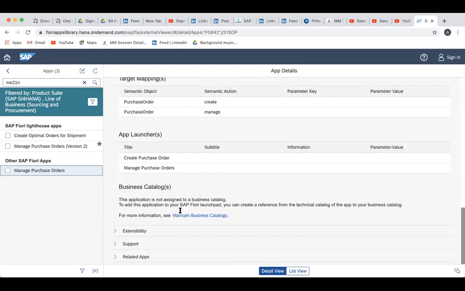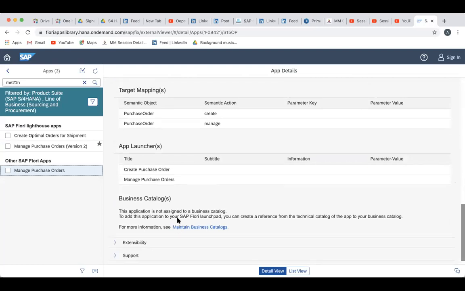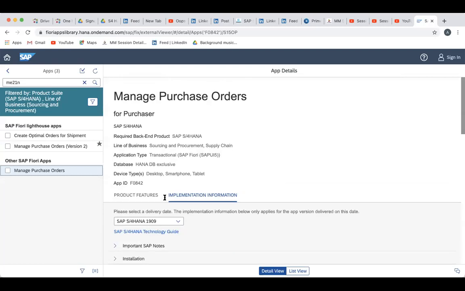Sir, as a consultant, what are our roles in Fiori? Same as end user, right? Whatever we want to show to the end user, all those roles we will add here. We will not do any configuration in Fiori, or very few configurations we'll do in Fiori. That too release-related things I will show you. And remaining all we'll do in the GUI only. As per our business, we'll also get access the same way. If you are entering here, you will get a separate user ID and password, like that we'll enter.